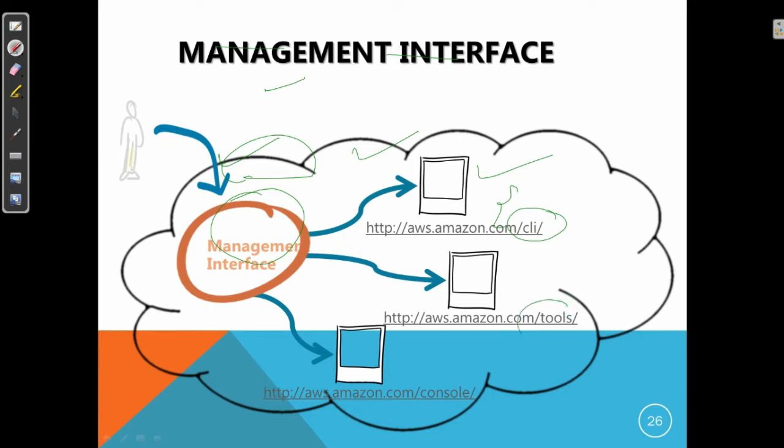Then there are different tools that are also available that actually provide these services. Many tools are available on the Amazon console, where you can use these tools and get your work done. Then there is a console. The console is a kind of graphical environment where you can see all the services available, and you can avail whatever you want. So these are the three ways where the user can interact and avail these services offered by AWS.